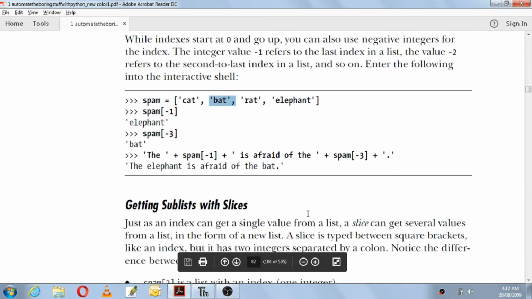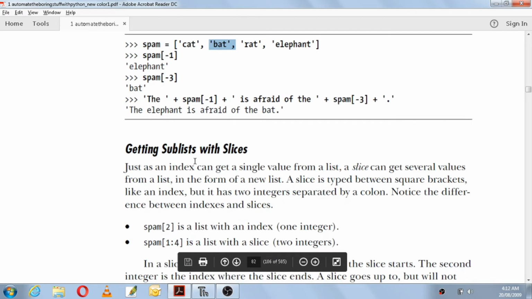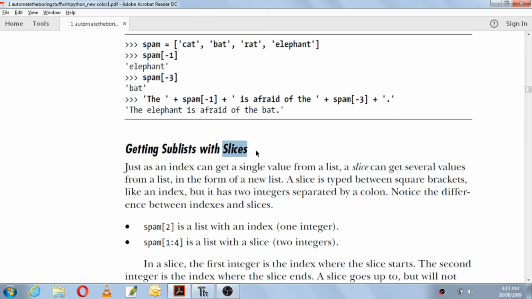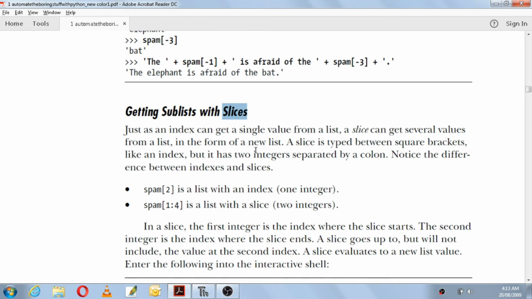Then next what you have is getting sublists with slices. Now a list will be there, and in that if you want only a few values, that is a sublist, then you can get the sublist of a list by making use of slices. Let us see what is meant by slices.